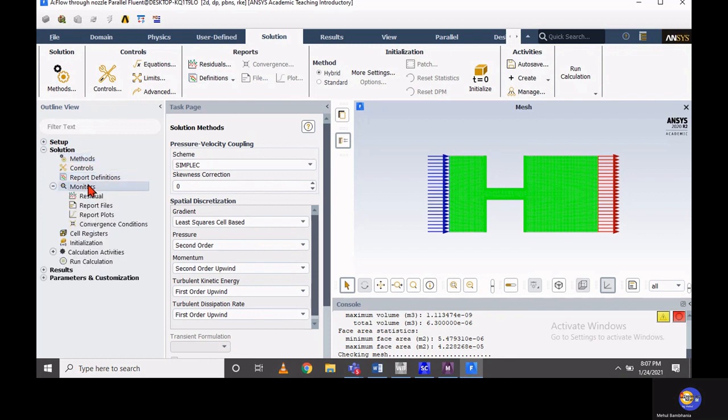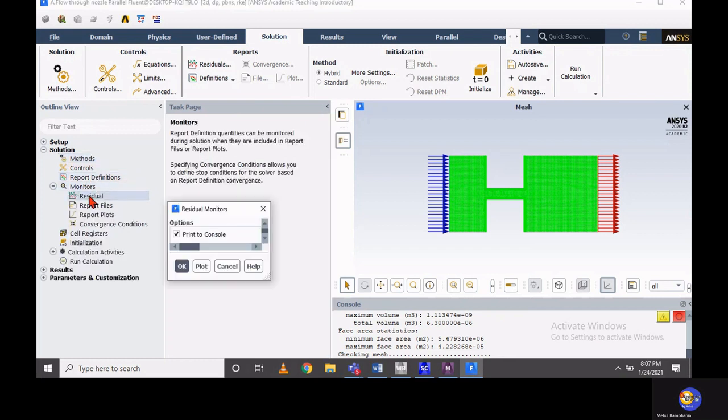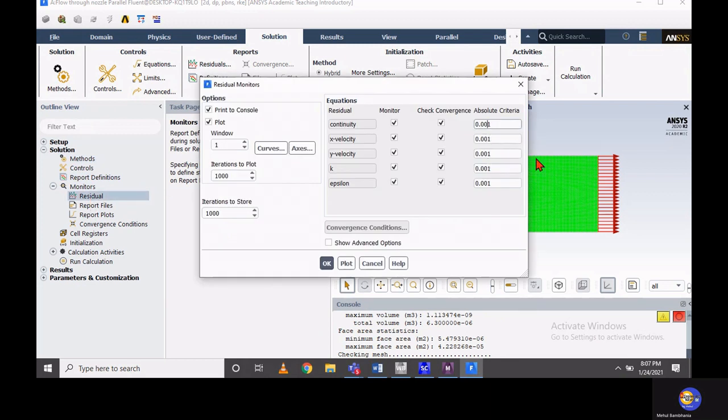Now in the monitors you set your residual, that is one kind of error or tolerance which you allow for the continuity equation, momentum equations and turbulent energy equations. Based on that residual, the number of iterations will be decided.